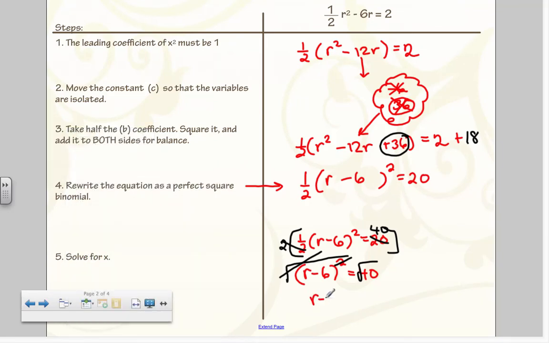R minus 6 is, and remember, when you take the square root, it's the plus or minus. And the last thing I'm going to do is move the 6 over. And you just found the roots of your parabola,